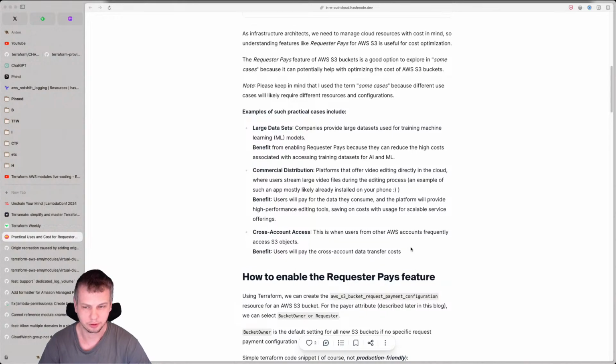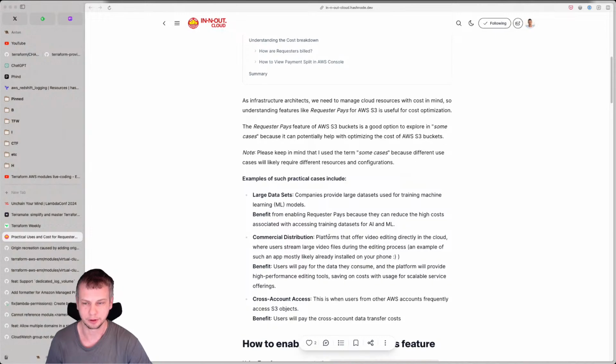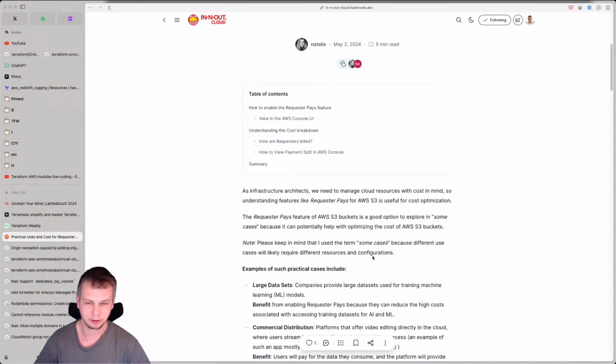As you probably saw in the blog post this week, where unauthorized API calls were logged into an S3 bucket and then bills skyrocketed. This is kind of a solution to a potential problem, not exactly the problem which was described in the article, but still it's a very important feature to know, especially if you will have some customers reading from your bucket, and you don't want to pay for this traffic yourself.